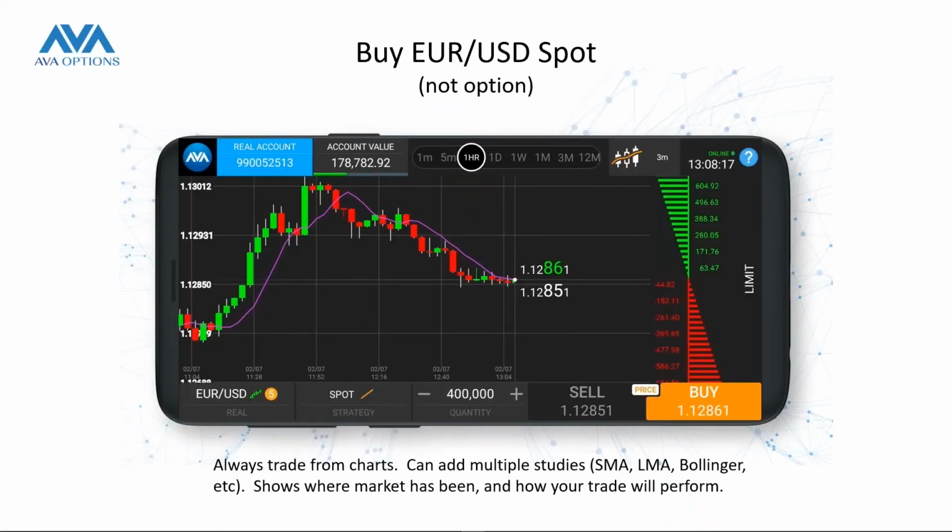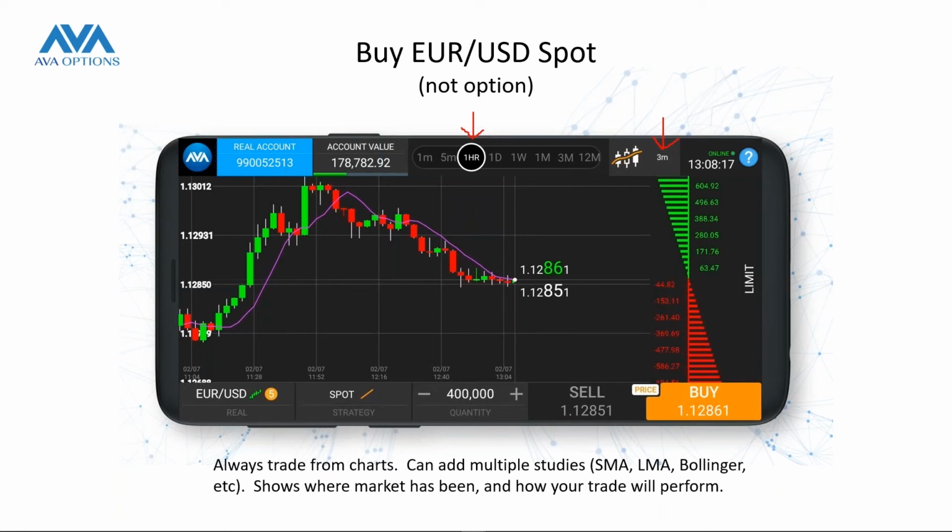Let's first look at trading spot, just trading FX, looking at trading euro-dollar in the app. Before we even look at an option, this is what it looks like to trade euro-dollar in the app. I clicked on the buy of that previous page, and I get a chart on the left, which looks familiar to all of you. The chart is showing the last 1 hour of history. The size of each bar is a 3-minute bar. That's automatic. You can change how much history you see.